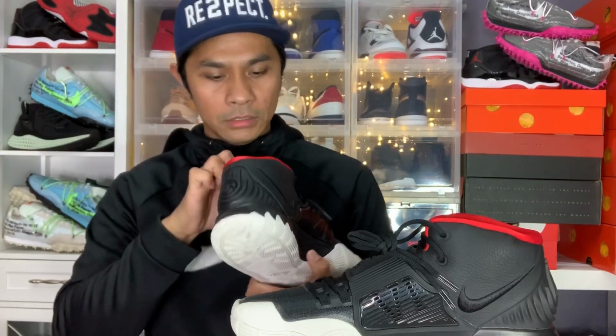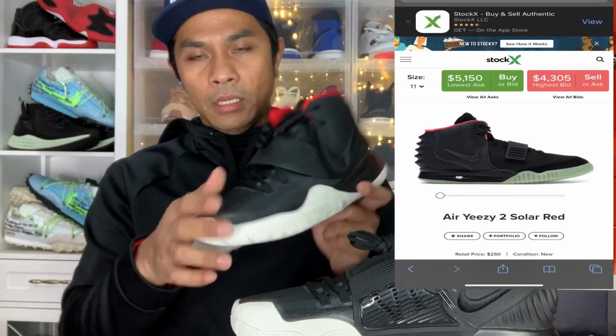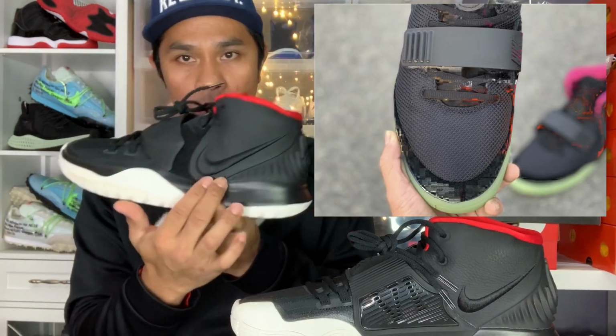The only difference here is that the actual Yeezy was supposed to have some kind of color. The original OG Yeezy, the sole is some kind of greenish color, but the top is somewhat the same with the black and red accent inside. And if you look on this side, it's almost just like the same, especially with the strap right here, and also the toe box, and all the way down here the swoosh,